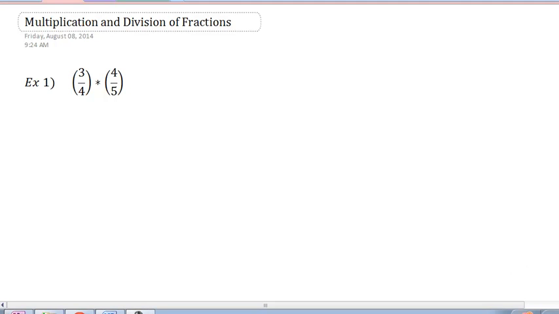So our second skill set that I'm going to talk about is multiplication and division of fractions, which is slightly more intuitive than addition and subtraction, where we just have to make sure that we change the denominator so it's the same first. We can't just add the numbers however we feel like it. When it comes to multiplication and division, we take a problem like this, and we have 3/4 times 4/5,